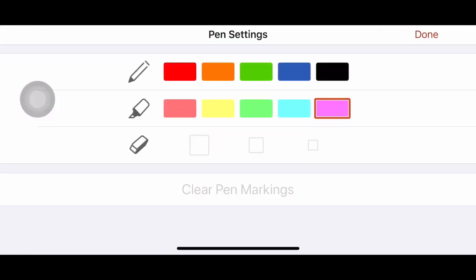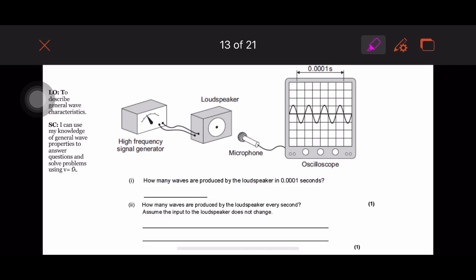Okay, this one. Maybe I'll try to answer this for you. Here it says that from this point to that point is 0.001 second. How many waves are produced by the loudspeaker in 0.001 seconds? Look at that. It didn't start at the rest position. It also didn't start at the top. It started at the rest position itself, here, halfway through